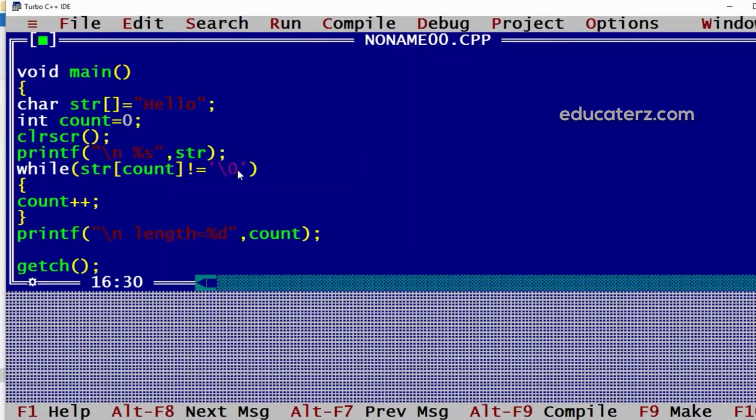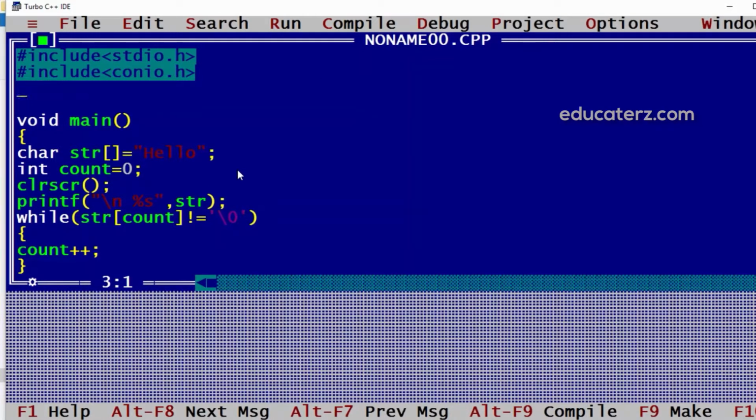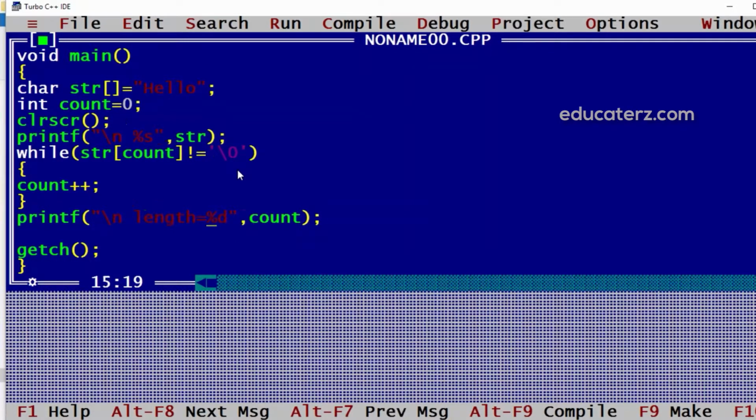Now similarly we have built-in functions already created which are present in string.h. So we can directly include the string.h header file and can use these functions. For example, here I'll display the length using the function strlen.